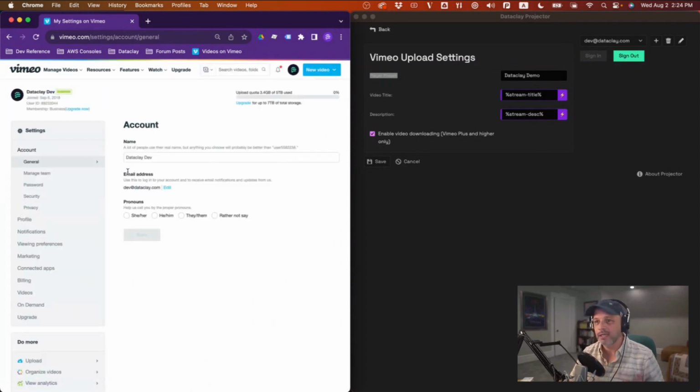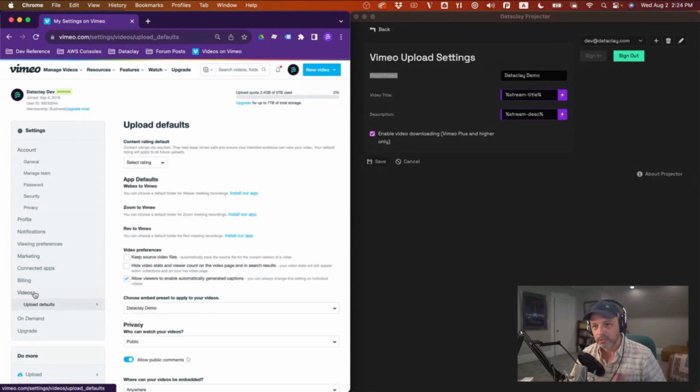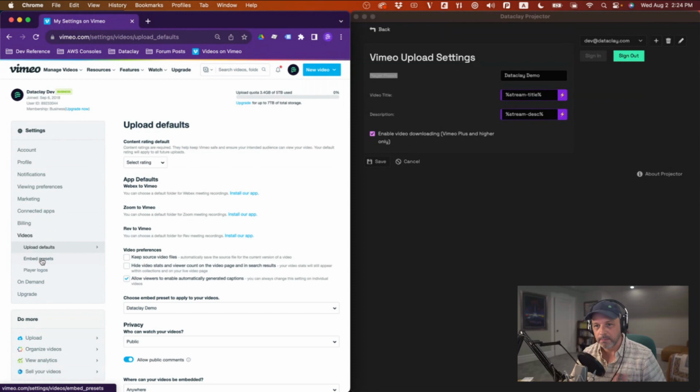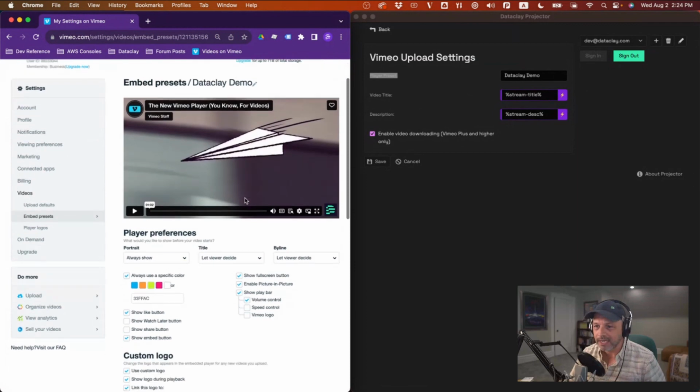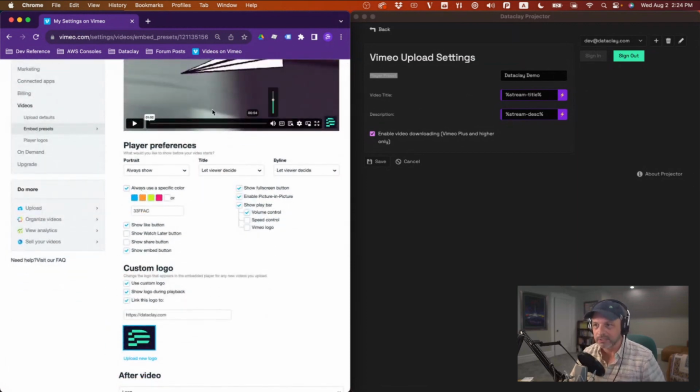And so that can be determined in, let's see, I believe it's going to be here in videos, and then embed presets. And so here you can see I've got this Dataclay demo, and here it says Dataclay demo. And so what this means is that if I click on this, I get an opportunity to really brand out this player.